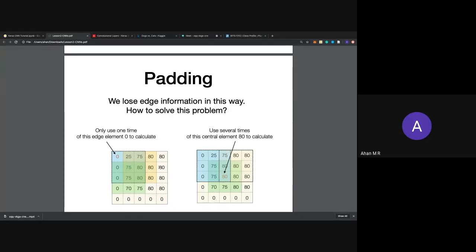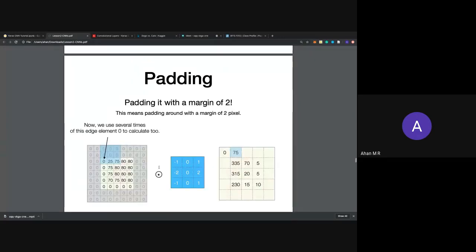We lose edge information in this way. So how do we solve this problem? Padding it with a margin of 2. Here, they're using a 5x5 filter. There is a rule of thumb: your filter size minus 1, divided by 2, is how many rows you should pad your image with.